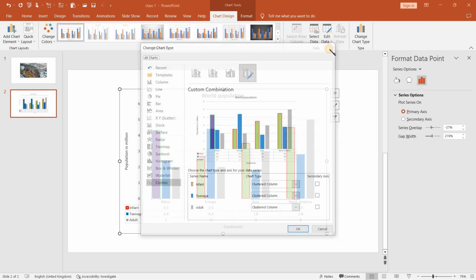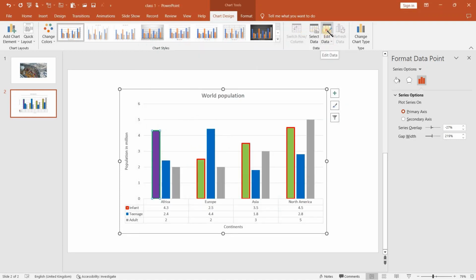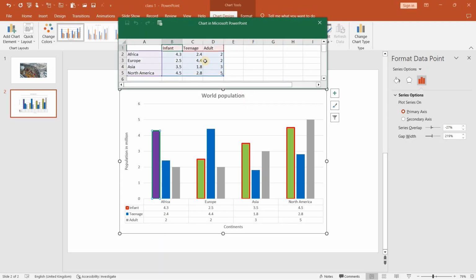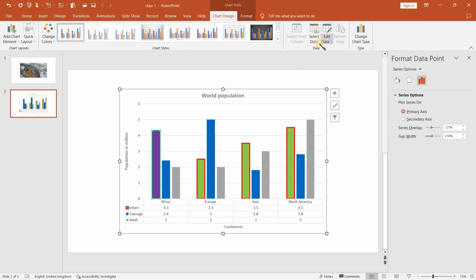You could also edit the data by clicking on the edit data option. It will take you back to Excel. That interpolation will take place again, whereby you can also influence the data that you wish to have as well, or make the necessary changes that you wish to. Of course, we shall look at that in detail when we take on the chart in our tutorial on Microsoft